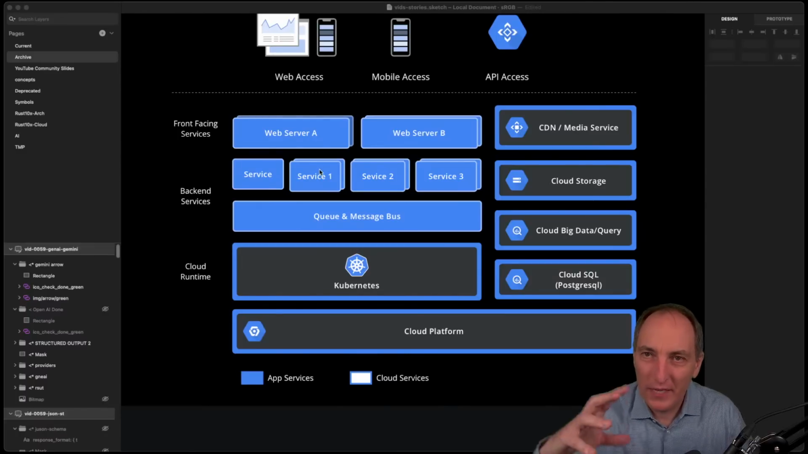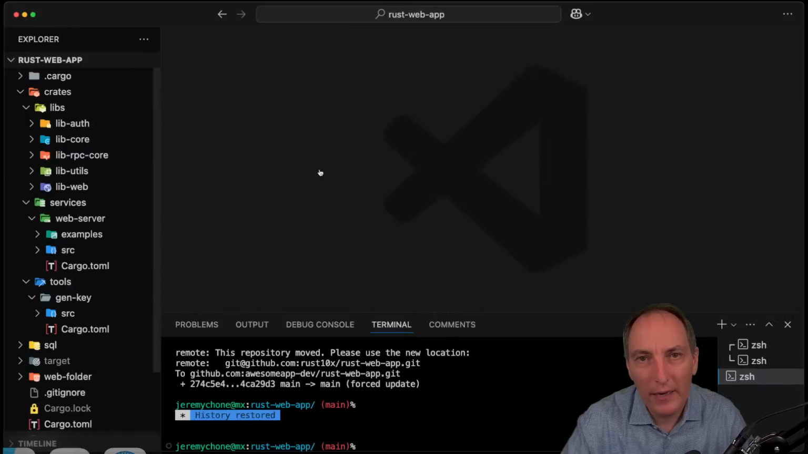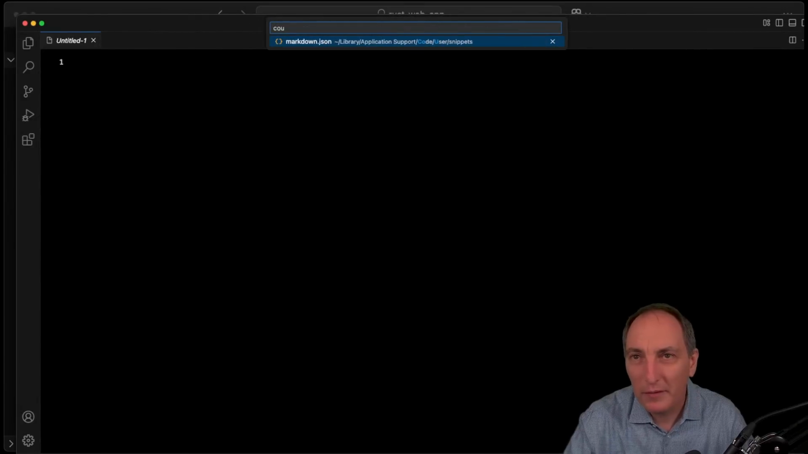One of the examples, I'm always mixed on the Rust web app, is what use case should I use to make a realistic web app? The goal of Rust web app, and the reason why I created it, is because I have the same thing, and you don't have to worry about this one, but